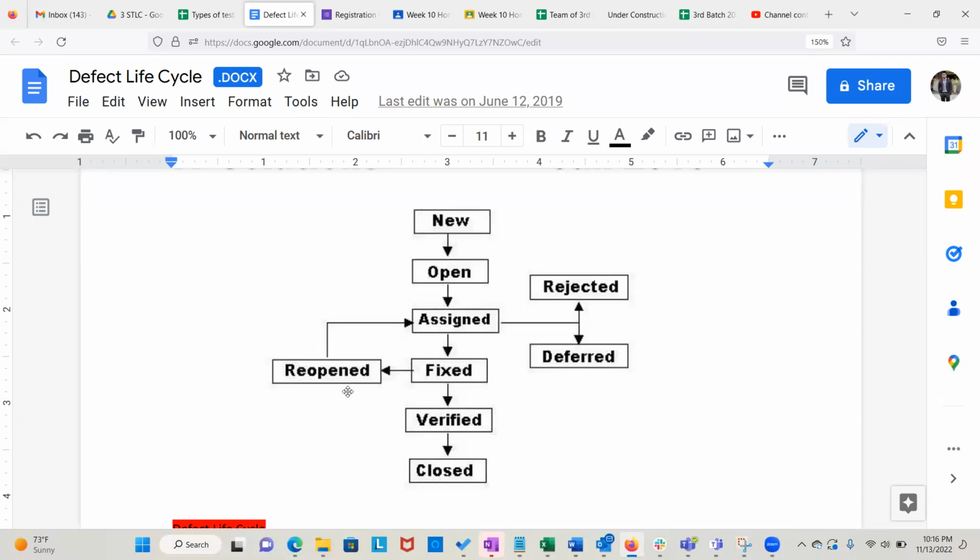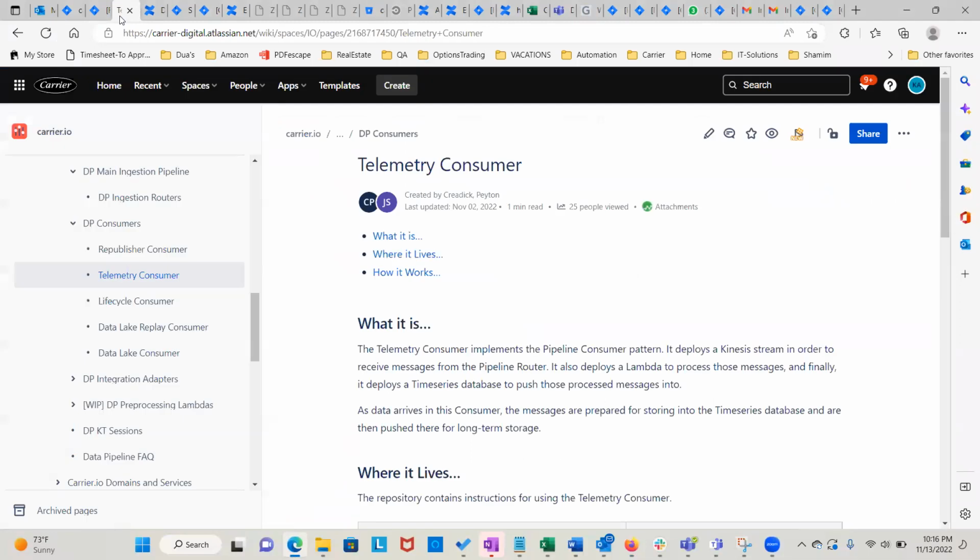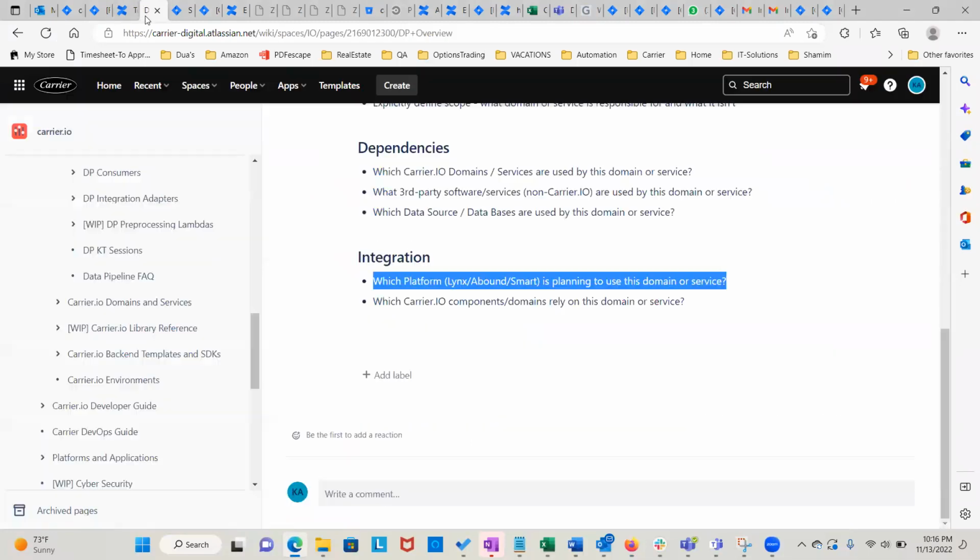All right. So let me explain to you the Jira workflow in an actual environment. It will make more sense. I hope you don't get confused. Let me go to my Jira. Kadir, real quick, do we have access to that document you were just using? Yeah, I will share this along with the homework.